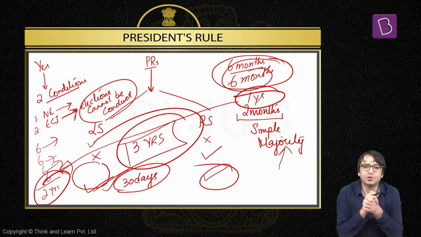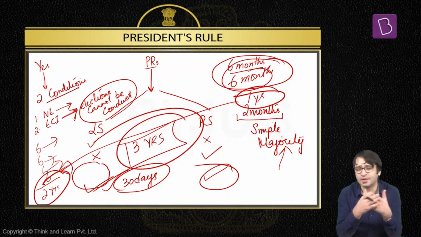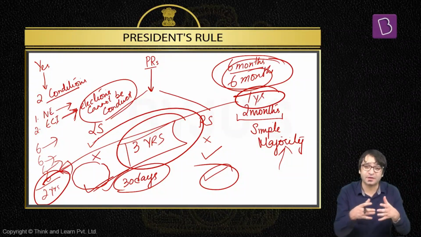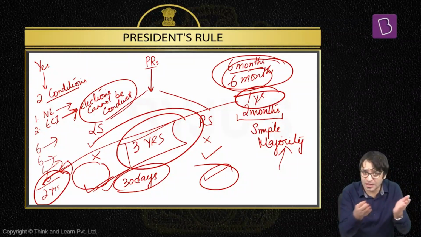But what if President's rule has to continue beyond a period of 3 years in a particular state? For that, Constitution has to be amended. And that's what was done in case of Punjab. Because of the Khalistani uprising, because of internal disturbance in Punjab in the 1980s, because there was a movement for Khalistan, a separate independent country for the Sikhs. That movement was there, and President's rule was imposed initially for a period of 3 years. Condition was still not ripe to conduct elections.